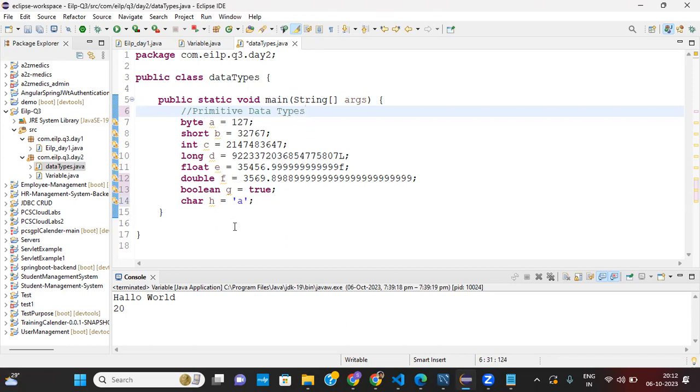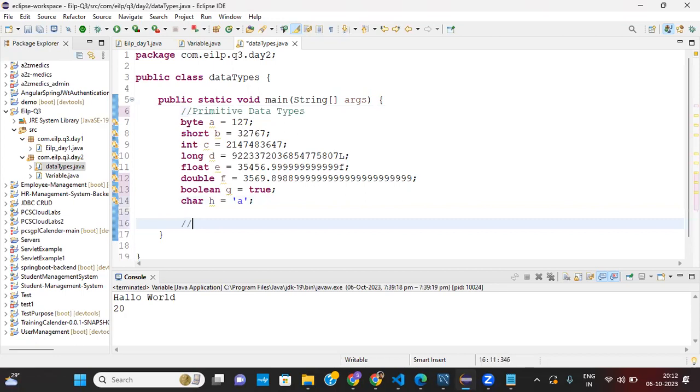That is the primitive data type. And here is the non-primitive data type.